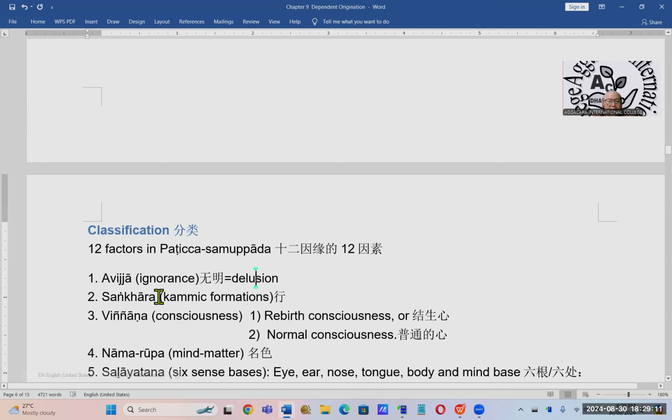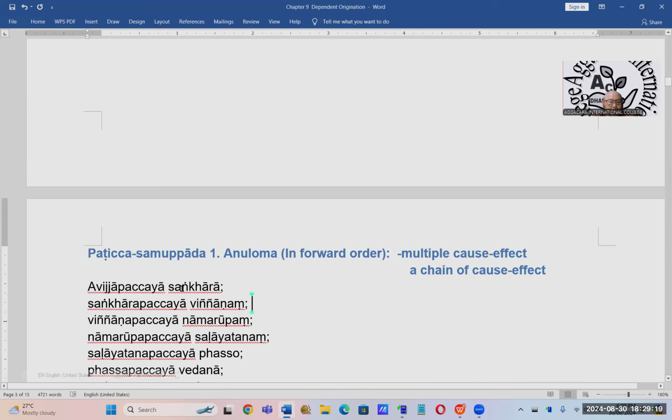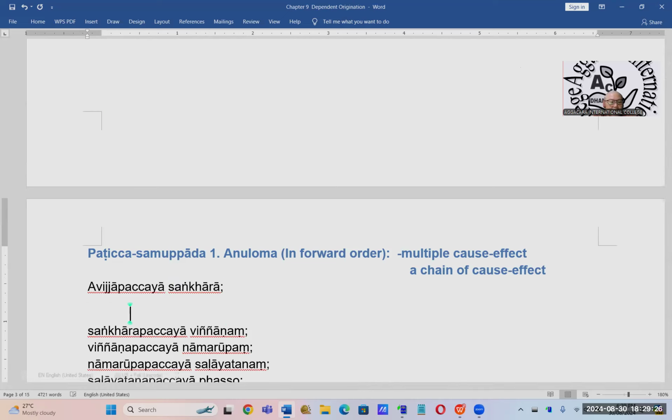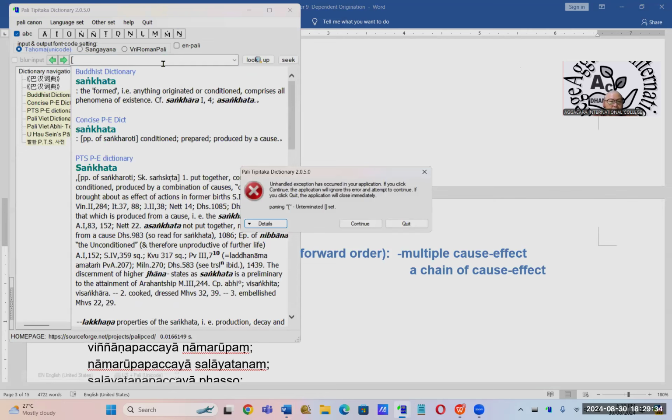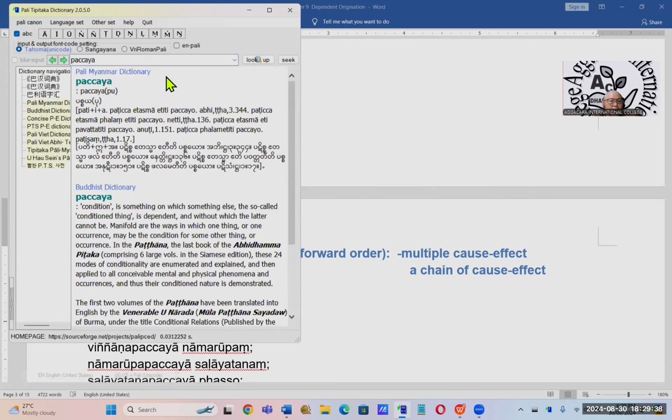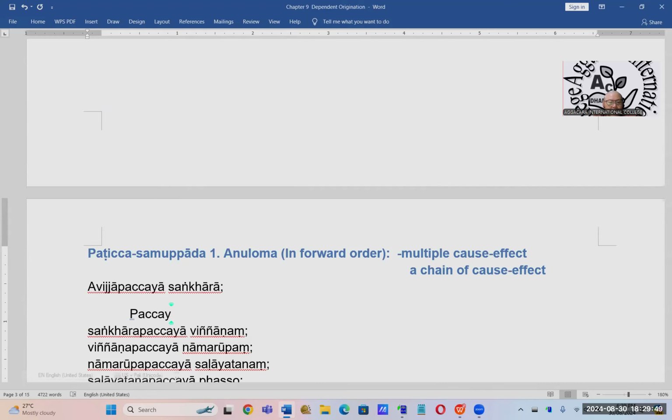Avijja Paccaya Sankhara. Sankhara means formation. Now, in Pali, why does Paccaya become long A here? Sometimes when you recite, there's a reason why we need to recite Paccaya with a long A. It's masculine here, so if it were the subject it would be Paccayo, but it's Paccaya, because actually this is ablative singular, which we take as a reason. We can translate it as: because of avijja,